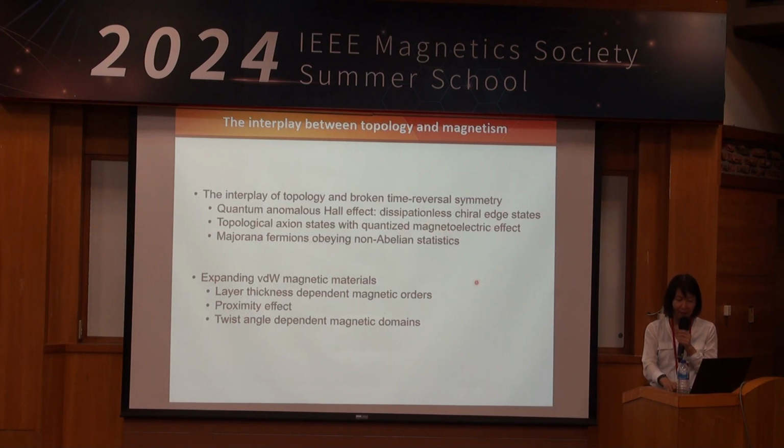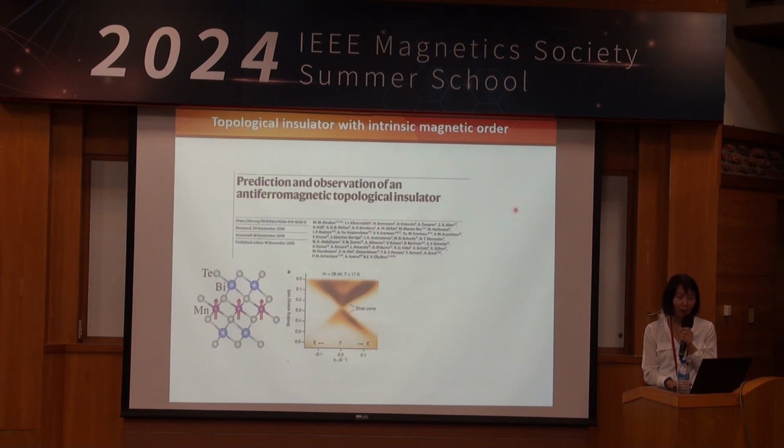Enough said. The material we started looking at is one of the first known examples of a topological material that also has an intrinsic magnetic order. A lot of people were doping